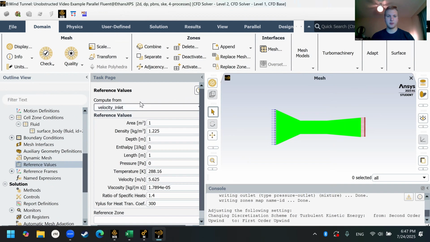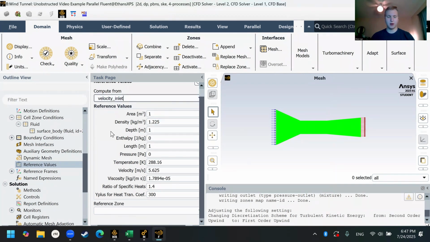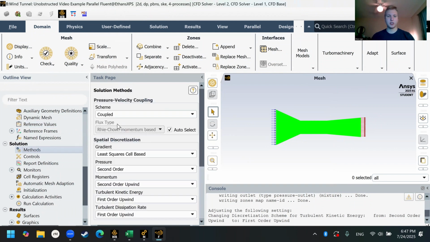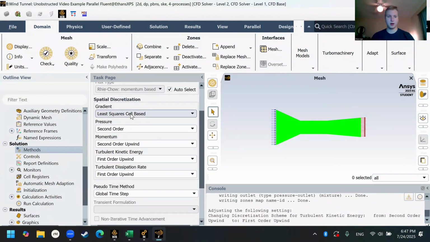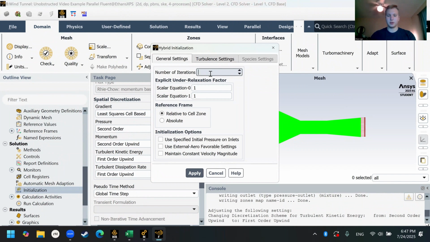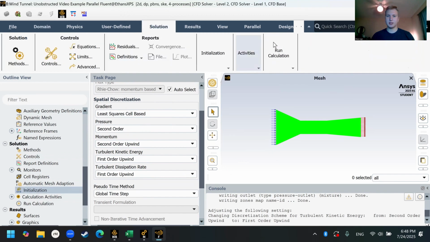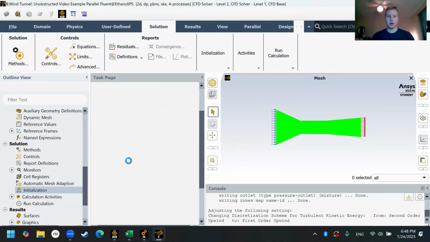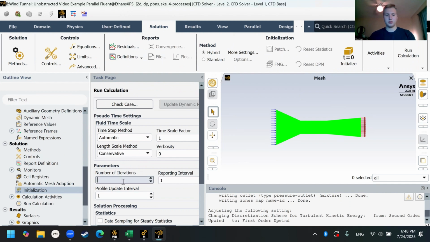I'll select velocity inlet from compute from. All of our values look correct. I'll select surface body for reference zone. For methods, we should have coupled least squares, second order pressure, and a second order upwind momentum. And finally, I'm going to go to initialization, and I'm going to use 30 iterations. And then the last thing I'm going to do is click run calculation, and I'm going to use 750 iterations and